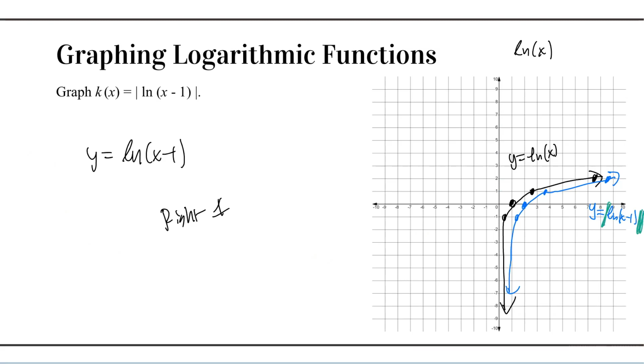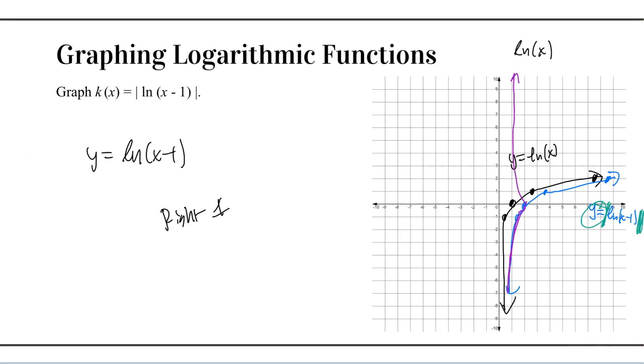And what we know is that an absolute value is always going to make everything positive, right? And so that's really going to affect the y values only. And so wherever we have negative y values, they should become positive. So this part of the graph right here that is negative is actually going to get reflected upwards. So this part right here, when it gets reflected upwards, is going to kind of go like this